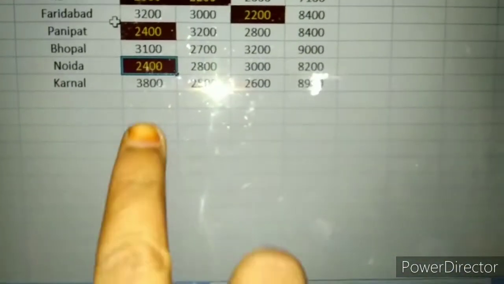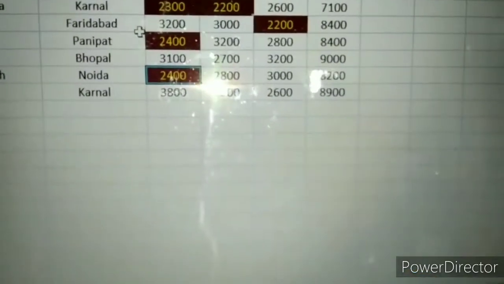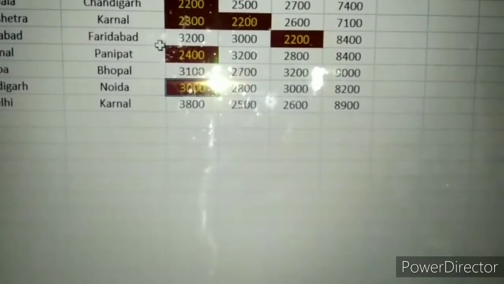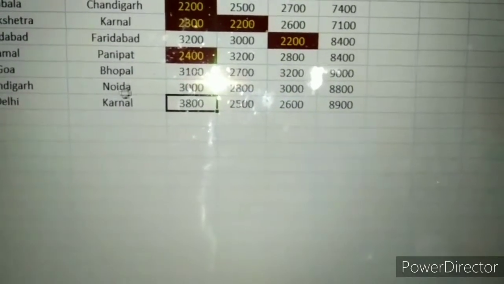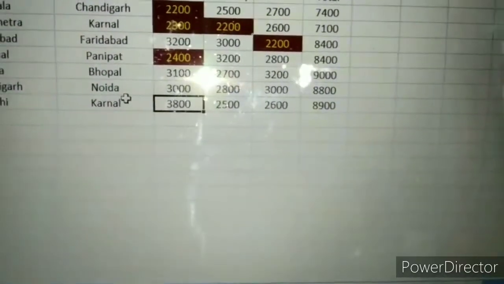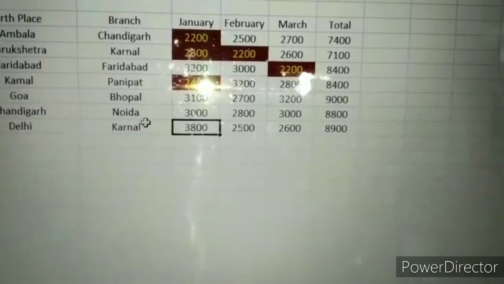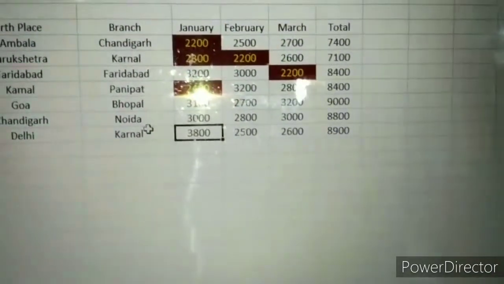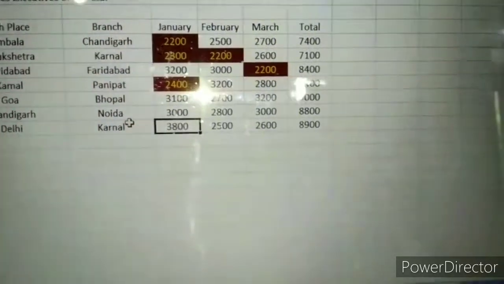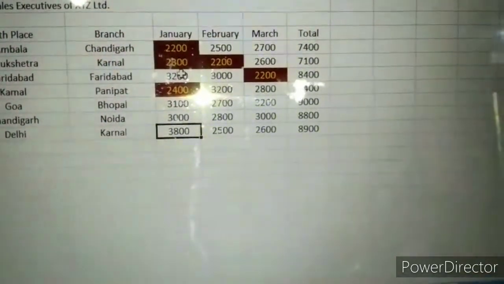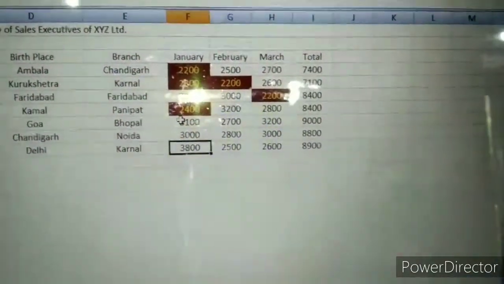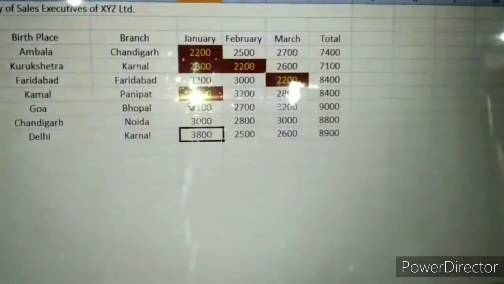You see here we write 2400. Okay. Now I change the number and I write 3000 and enter. You see automatically the color is changed because it is greater than 2500. Because of this, it already removes the color and highlighting. Only, you see, we easily find 1, 2, 3, 4, 5 people there. Those who are having salary less than 2500. Okay.